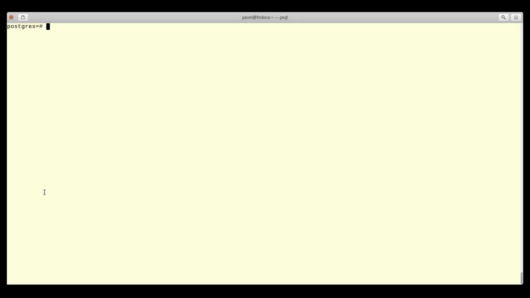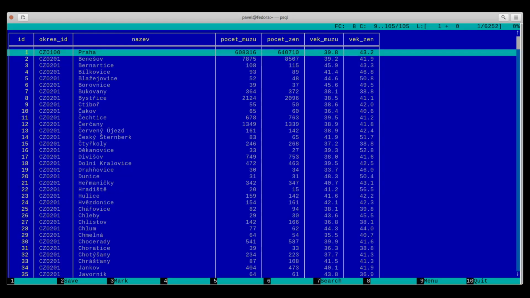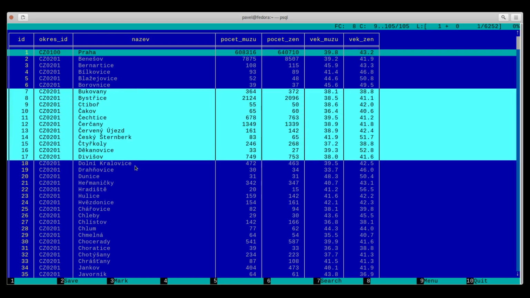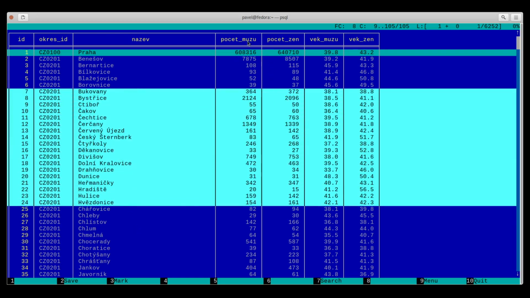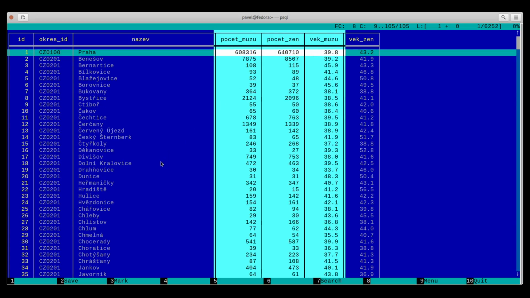New versions of pspg support clipboards and support selection of rows, columns, or blocks. Here I have a table with towns from the Czech Republic, and I can select some rows by mouse, or I can select columns, or I can select a block,